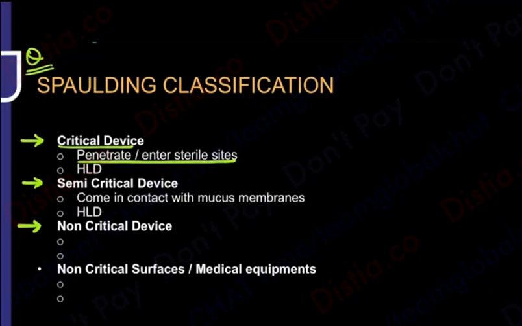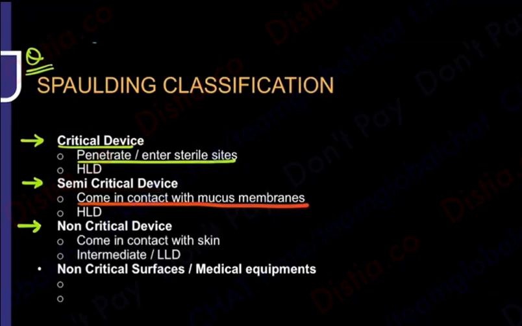On the other hand, semi-critical is something that will just come in contact with mucous membrane, maybe something with which you are examining the mouth, or anything that is coming in contact with the mucous membrane. Even some of the scopes are used only for mucous membrane analysis. Fine, so critical are those which will penetrate into the body, semi-critical are those which are only going to come in contact with mucous membrane, and non-critical devices will be those जो सिर्फ skin के साथ contact में आएंगे. Right, so now this is how